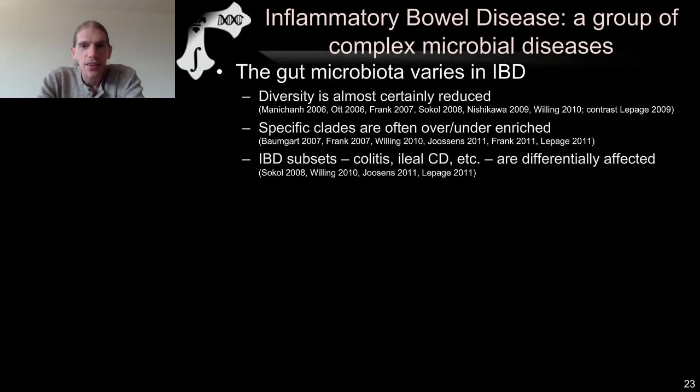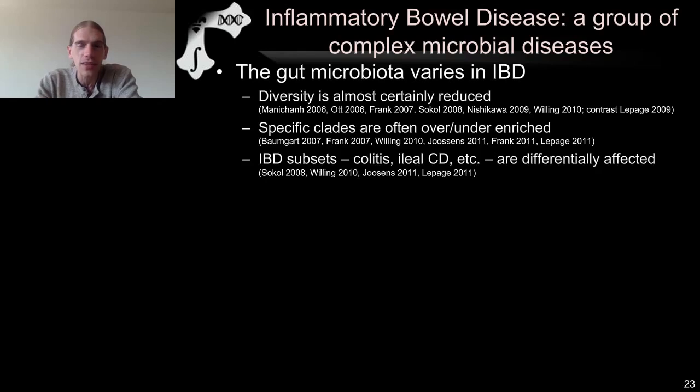We can use that in contexts like the study of inflammatory bowel disease, getting back to the original motivation for looking at the human microbiome and its association with complex chronic autoimmune disease. IBD, inflammatory bowel disease, has become one of the poster children for complex involvement of the microbiome in chronic disease over the past few years, starting with the observation that the gut microbiome was involved somehow a few years ago, some general observations of disruption or dysbiosis in microbial ecology, and then over the subsequent few years, refining that into